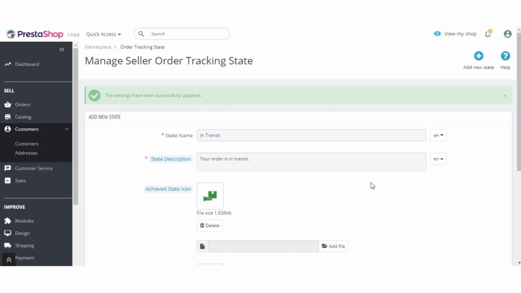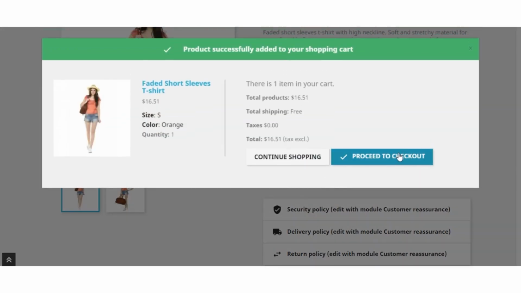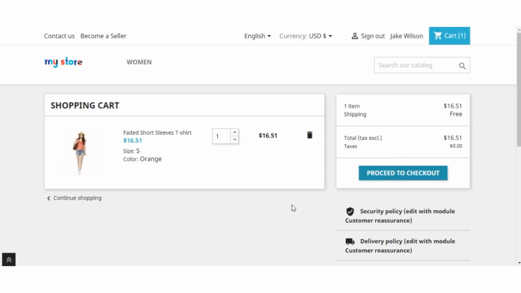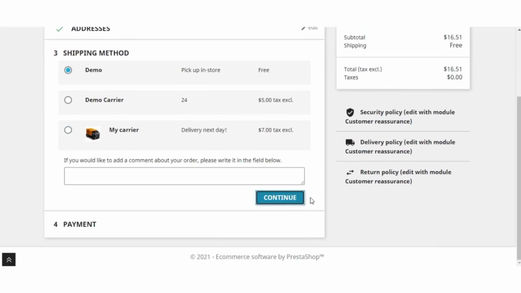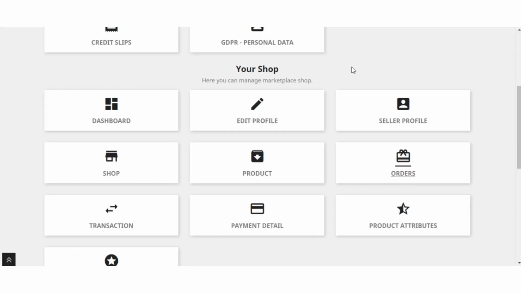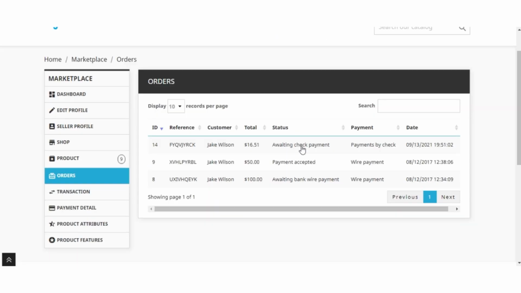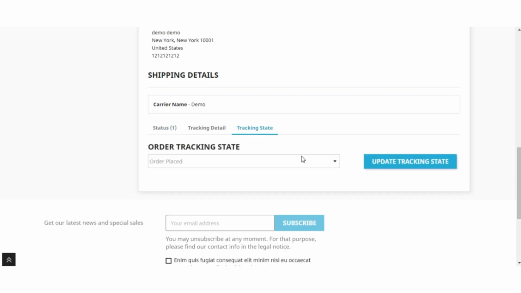Suppose a customer places an order in the store. After the installation of the module, a new tab, Tracking State, is added to the seller order details page.